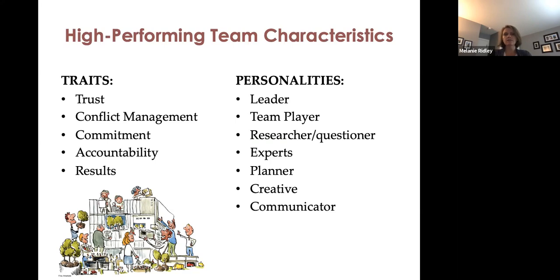So trust really is a core trait of a high-performing team and the foundation of a good team. Trust is about being vulnerable at times or being open to sharing. And trust is gained through time and evidence within the team. So it really does take that time away from direct patient care, as was mentioned, to build that trust within team members. And, evidence that if there are concerns or problems, that they're addressed together as a team.